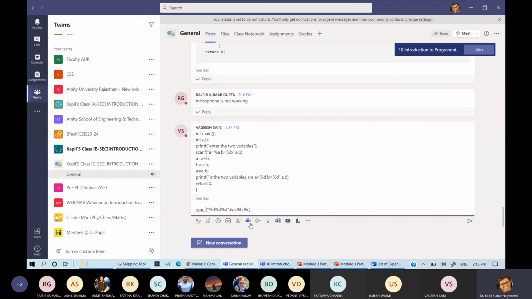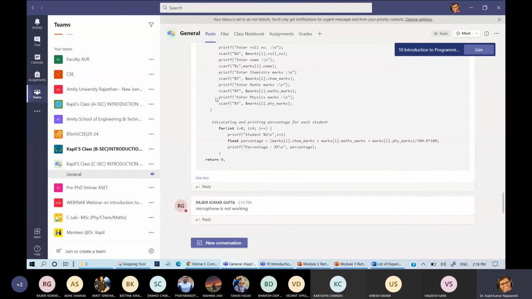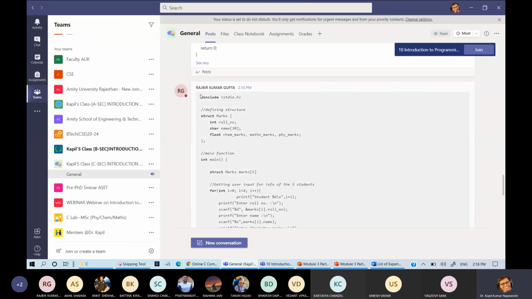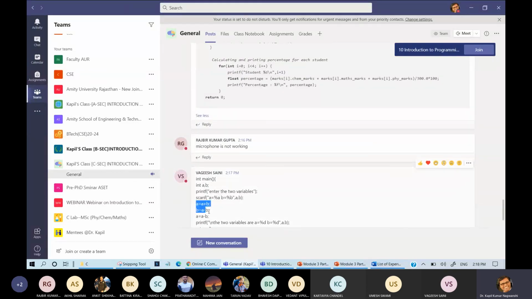So see, if you are sending a wrong program, it is not an issue, because ultimately when campus placement comes, what will you do? This is not a solution, and you are not going to impress anyone. I don't know whether this program is written by Rajbir or not. If he has written it, very good. If he has not, it is expected that you write in your own words. It is very, very important. A very good program is not important; logic is important. Programming logic is very important.